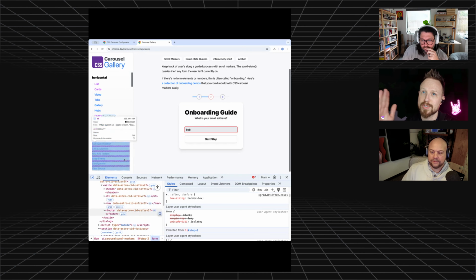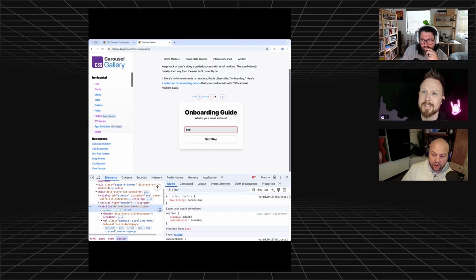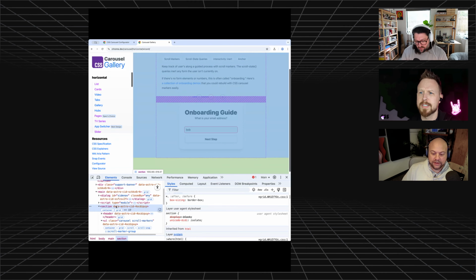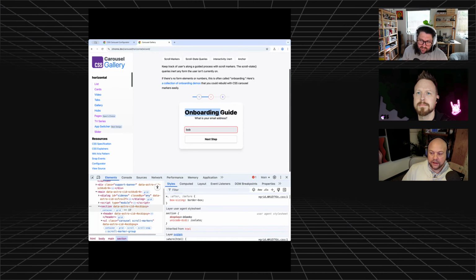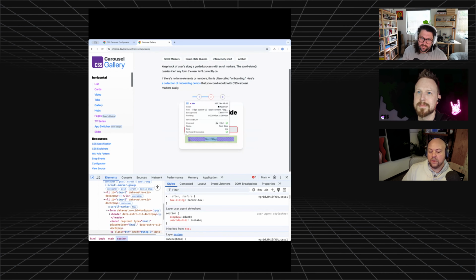So forms 2 and 3 are inert, using :has on 1, on the whole thing. Just that makes it, I just want :has on the markers, I think. Almost. Yeah. That's so, okay, amazing. And then your next step button is just an anchor to an ID, which is the ID of the next card in the carousel, and then it